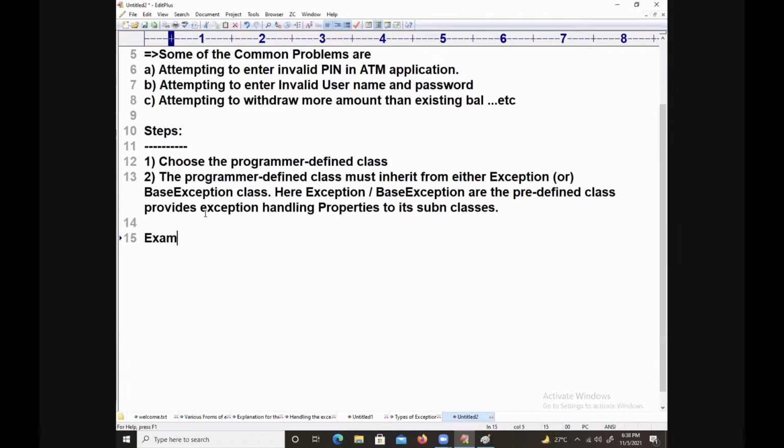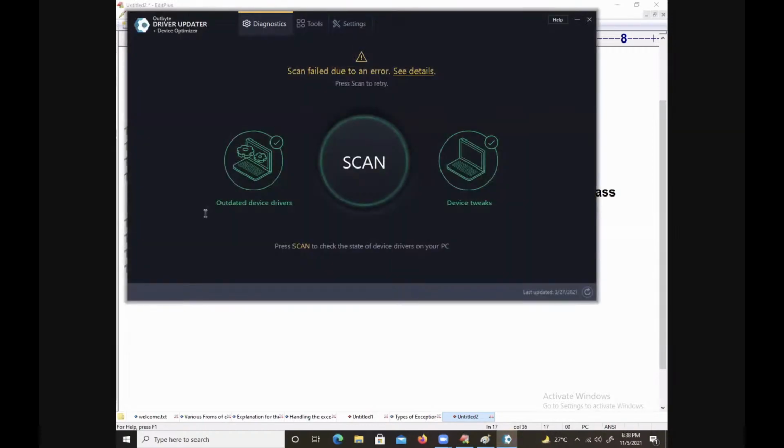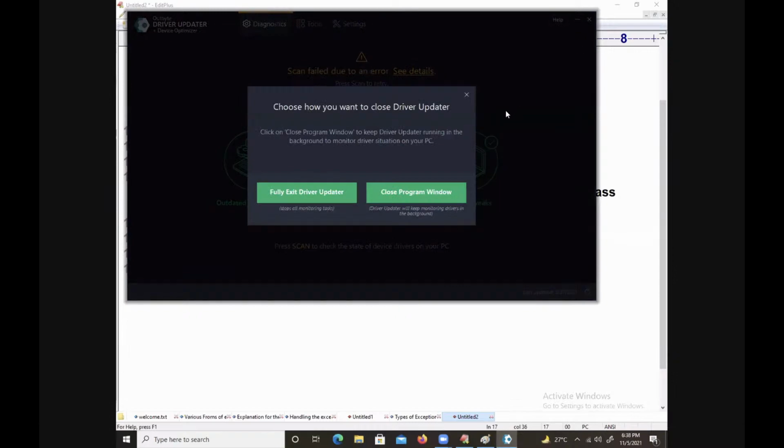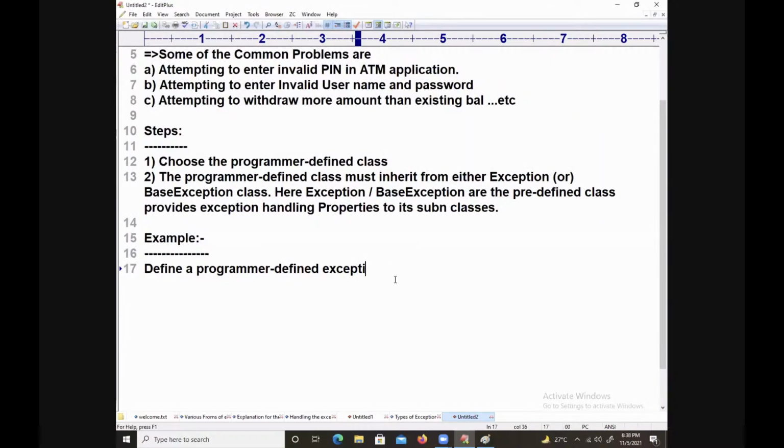Define an exception subclass. Define a programmer defined exception class for dealing with pin error, invalid pin.